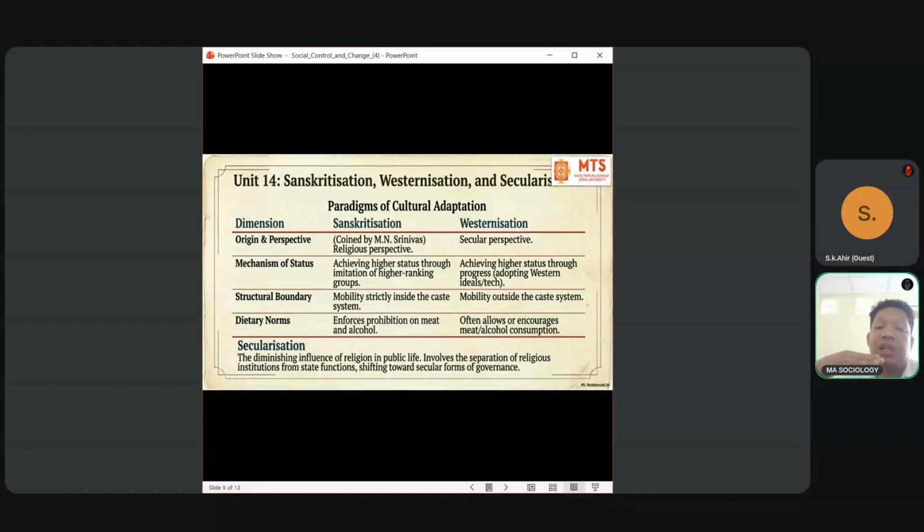Social mobility means individuals from the SC community, or scheduled caste, imitating the lifestyle, rituals and belief system of the upper caste Hindus, like Brahmins, which M.N. Srinivas has talked about in his studies. So Sanskritization is more or less social mobility towards upper caste Hindus, and it is structural mobility strictly inside the caste system.